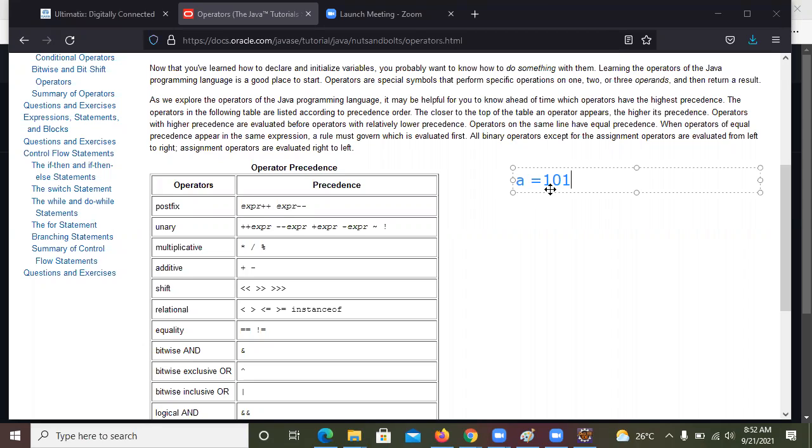So this binary 101, in decimal, is represented as 5. Suppose A is 101 and B is 110, which when you convert into the decimal value will be 6, right? Now if I say you want to perform the bitwise AND operation